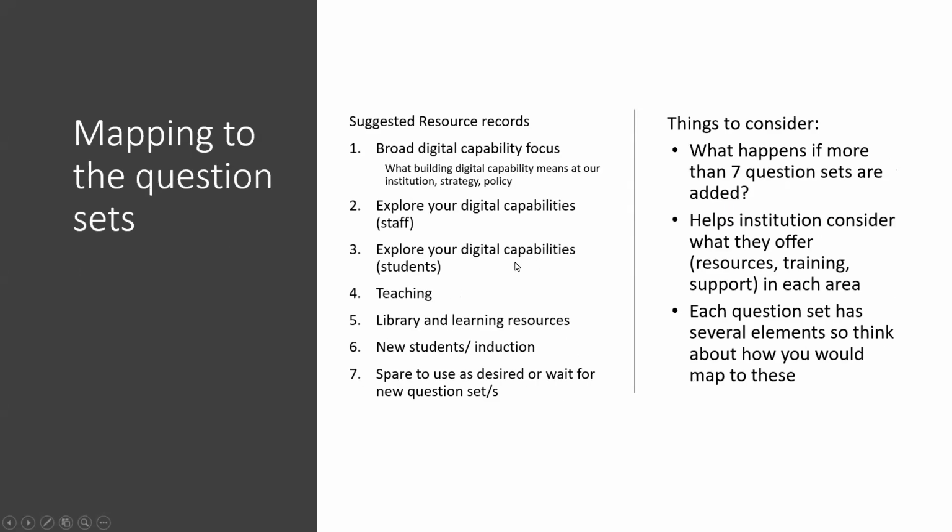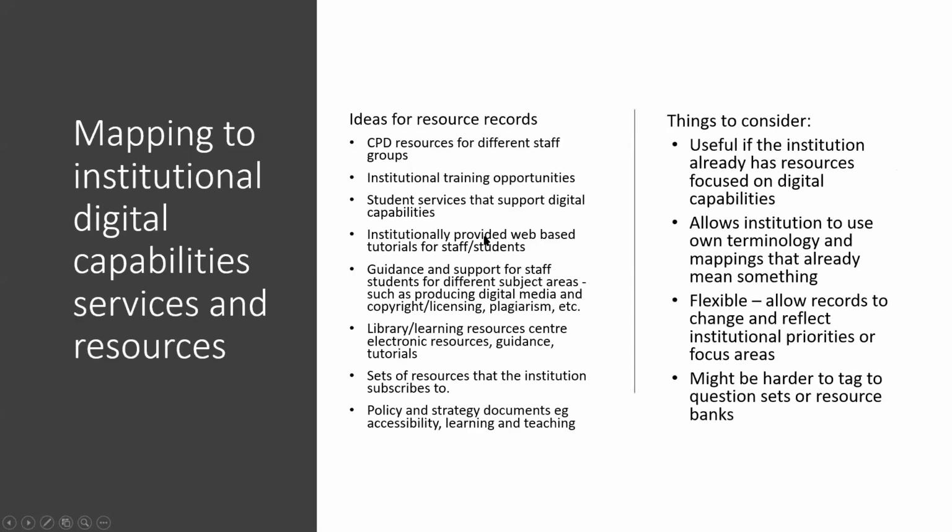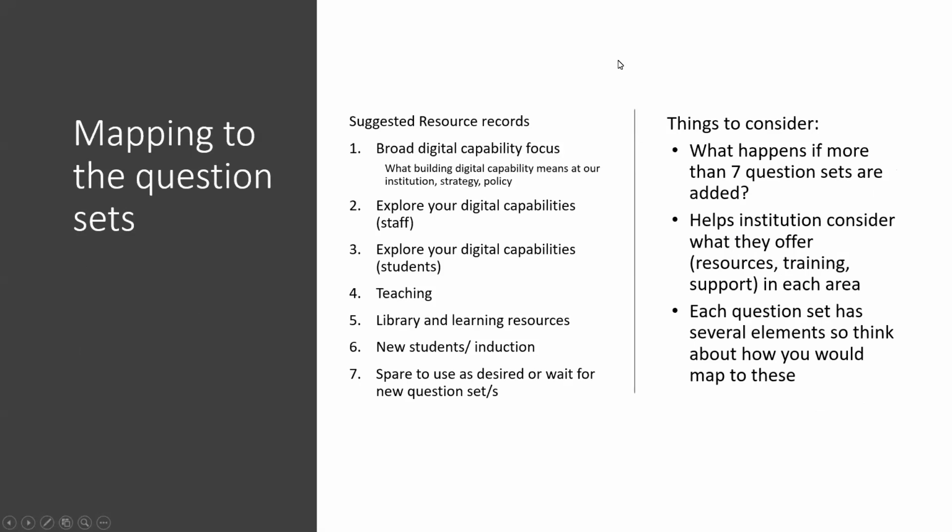So that's one way you could look at it. The other way is to map to the question sets. Now, at the moment, we've got 5 question sets, and you've got 7 records. So you could still use the first one for your broad digital capability focus area, and then you could put